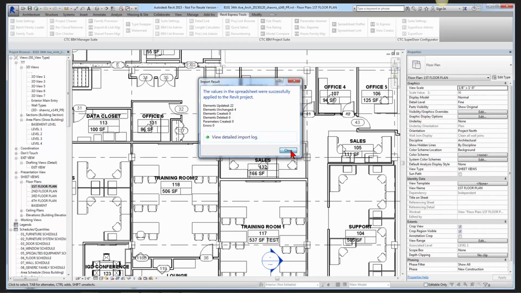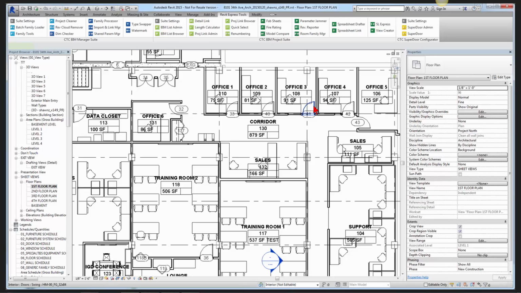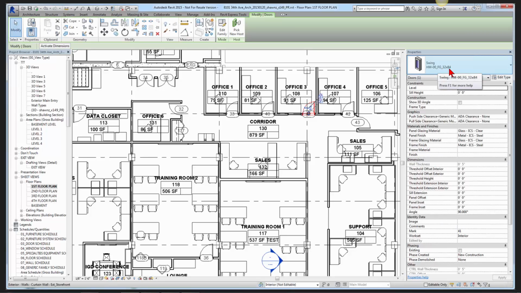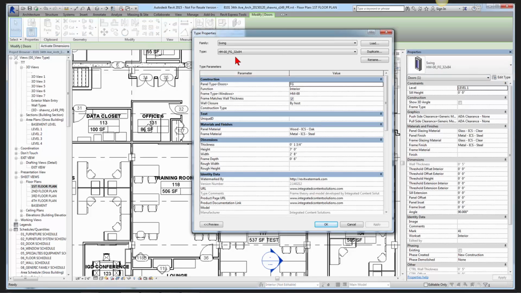So what I'm going to do is close this down, and let's take a look at this door. This now says full glass 32 by 84. So it already did the naming convention properly here. It does match up directly with the size. If it's an 84 door, I'd expect it to be 7 foot, and 32, of course, I'd expect it to be 2 foot 8. So there it is. And it has the full glass and the HM00, all a part of that type name